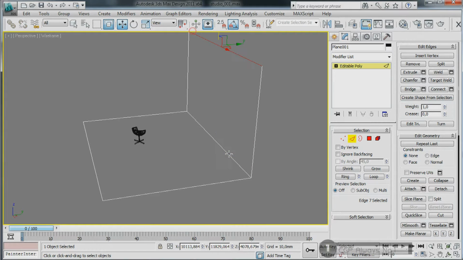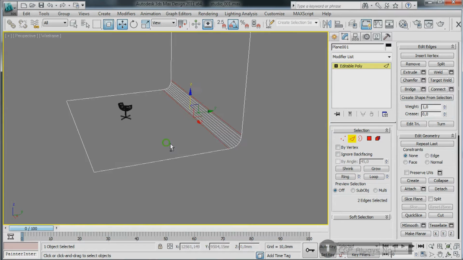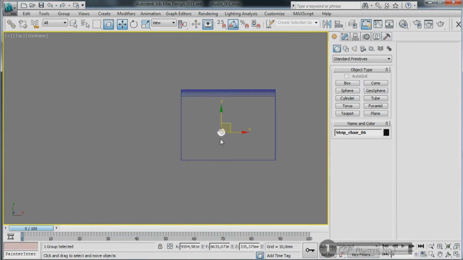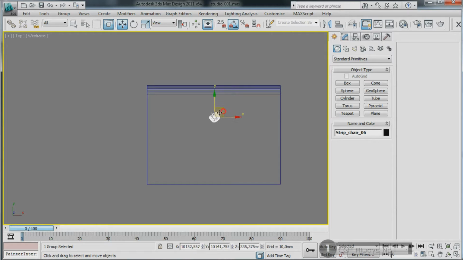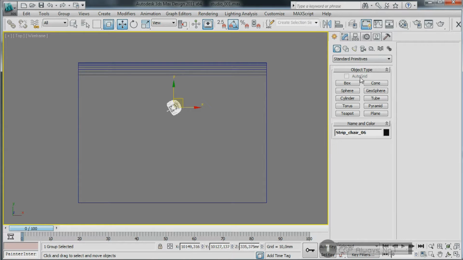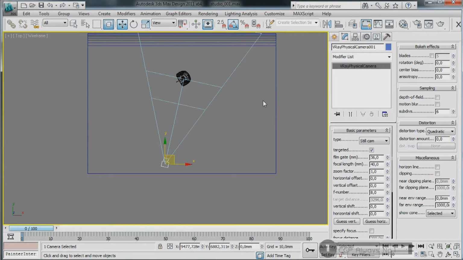And this will be our screen, so all we need to do now is to add some chamfering to make it smooth. And we'll set up the light to lead the chair in the scene. And what we're going to do now is to add a camera, so we'll choose V-Ray physical camera, and from the modify panel